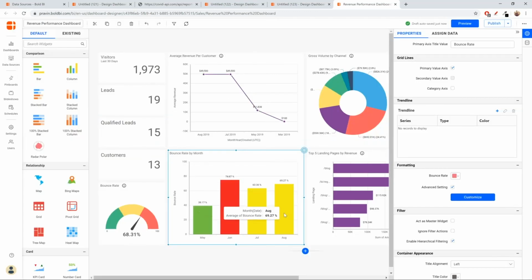Okay, so we have 2 months, July and August, which is in the moderate range. May is in the good range, and June, of course, had a lot of website bounces. Okay, so now this conditional formatting is done using static values, as you see. So instead of having this 40 to 60 as a safe zone, you may need to change this over a time period, to 35 to 40 or 35 to 50, and so on.